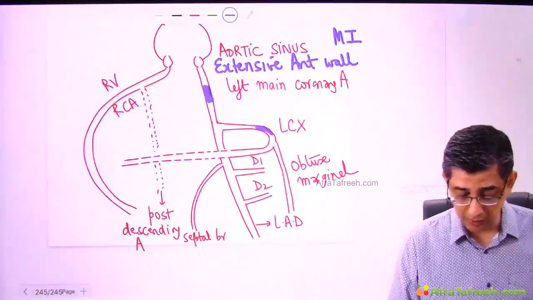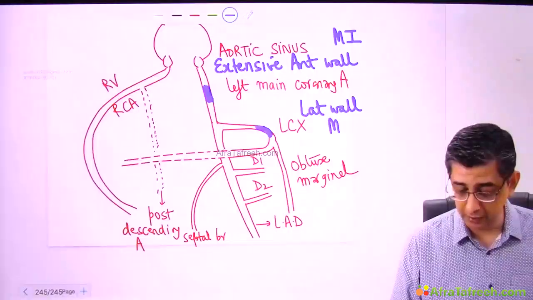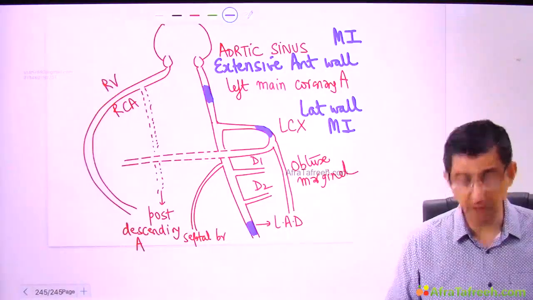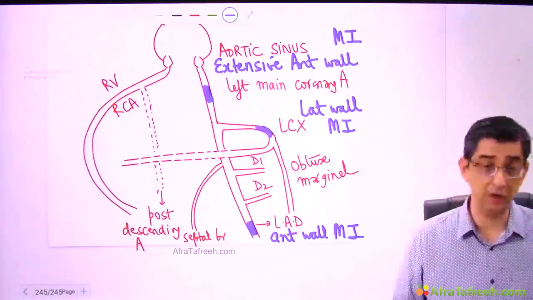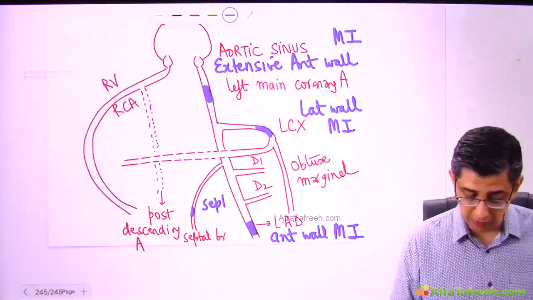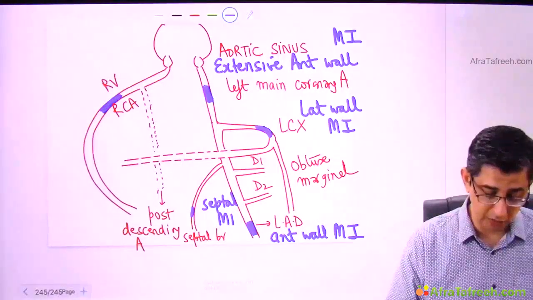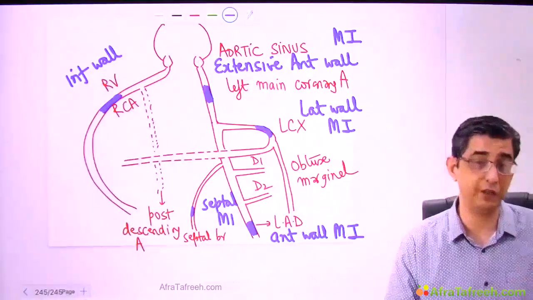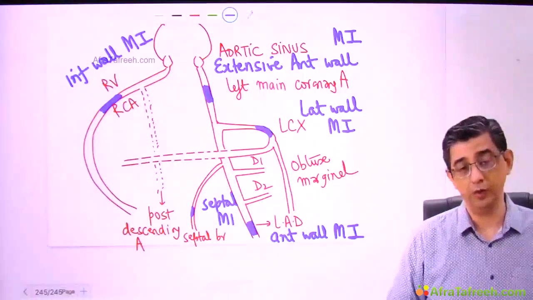In contrast, if the thrombus occurs in the left circumflex artery, then it would be a lateral wall MI that will be well studied by leads V5 and V6. On the other hand, if the thrombus occurs in the left anterior descending artery, this will contribute to the commonest type of MI, anterior wall MI. I've repeated this information earlier also so that you are able to retain it. Involvement of the septal branch would cause a septal myocardial infarction. And most importantly, they love to ask this: right coronary artery thrombus will contribute to, because I said the right ventricle forms an important component of the surface of the heart that is touching the diaphragm, that is the inferior surface. So right coronary artery thrombosis causes inferior wall myocardial infarction.